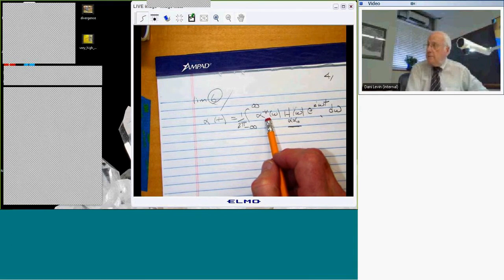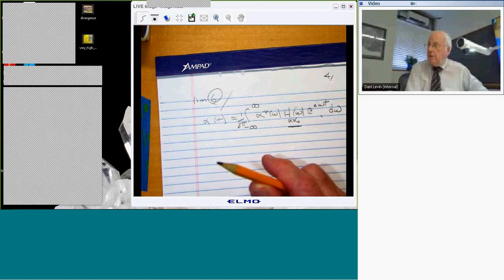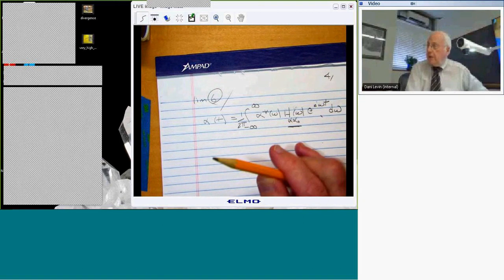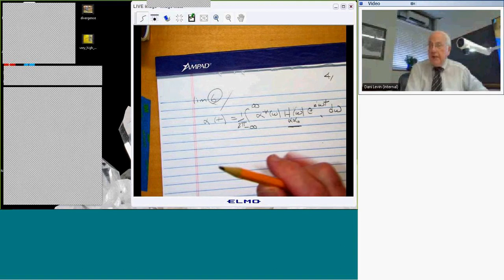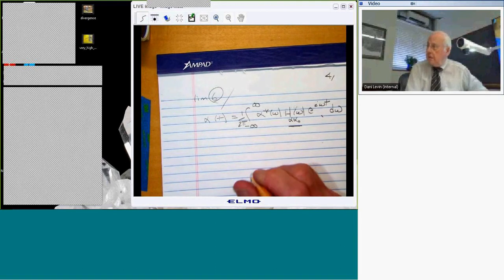I see some perplexed and frowning faces in Durham. There are probably similar faces in Stockholm, which I can't see as readily. So let me pause, because I'm about to do something else. And before I do something else, I want to make sure